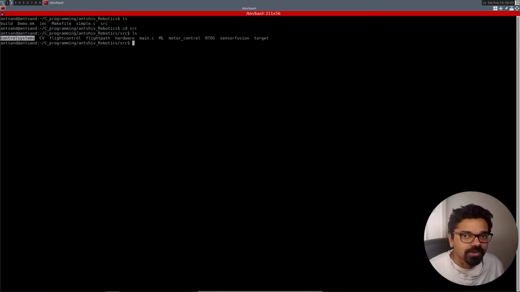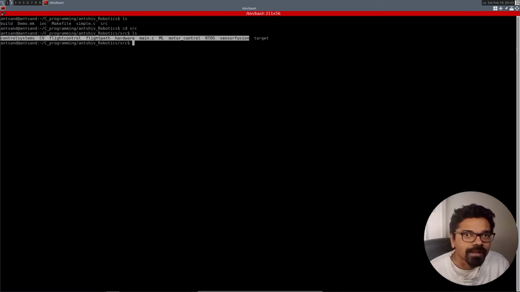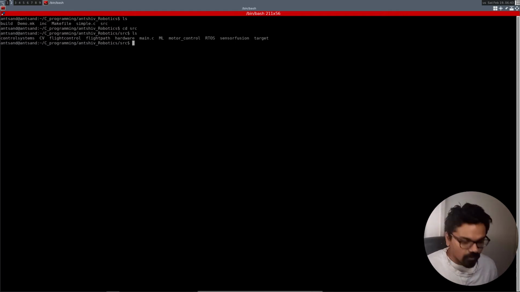I don't want to have my code separated based on the target that I'm programming. I want the code to be common, and my target to be very specific as a subdirectory. So I want all my target-specific folders to be under the target directory. And all the other parts that are important for making the drone fly should be part of my repository or my core library. All right. And if I want to download to a specific target, this is where I go to the target,